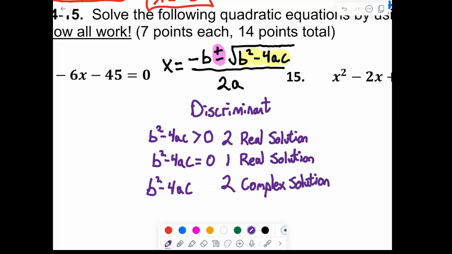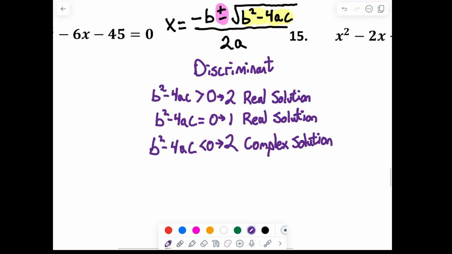Okay, now what if this discriminant is positive? If b squared minus 4ac is greater than 0, so if it is positive, then I'm going to have a positive square root, and I'm either going to add or subtract that positive square root, and I'll end up with two real solutions. All right? If the b squared minus 4ac is negative, less than 0,